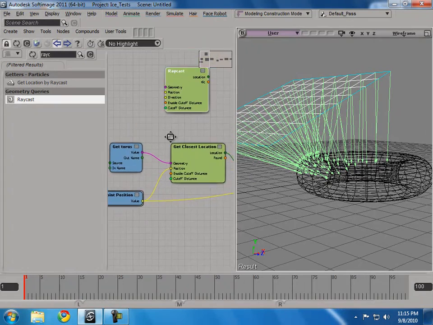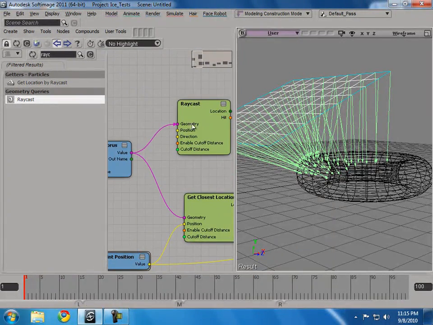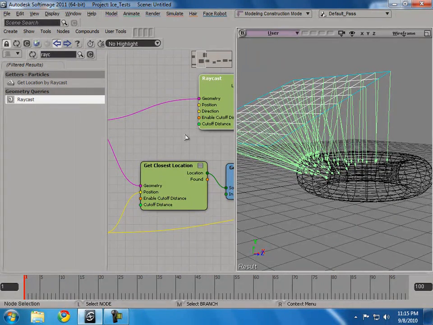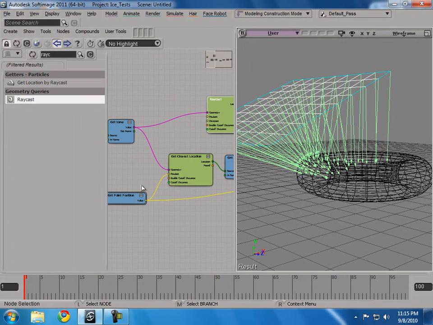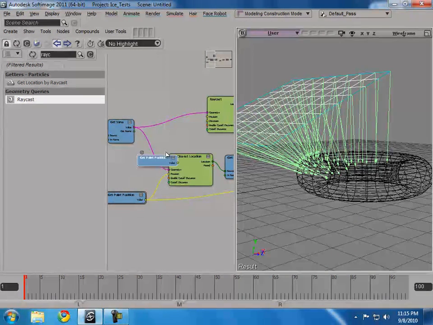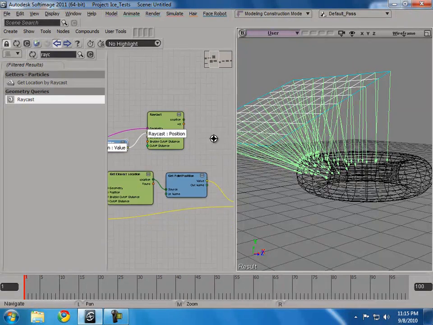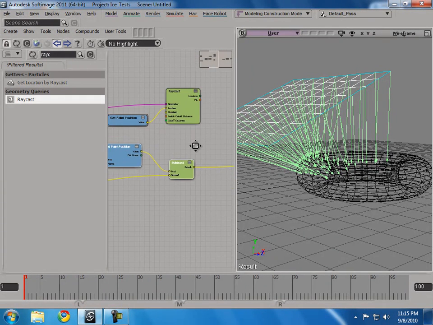Okay. Now, the raycast node takes geometry, which is our torus. It takes position, which is get point positions. We'll just duplicate this, keep things from getting too cluttered with lines going everywhere. And it also takes a direction. Now the direction is going to be